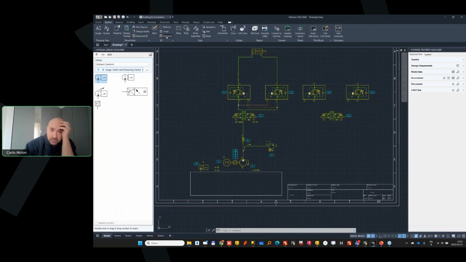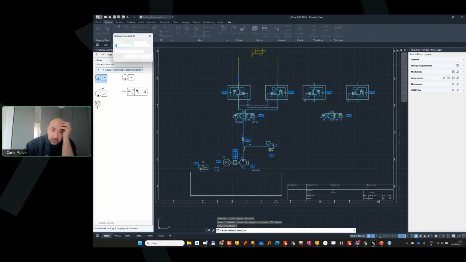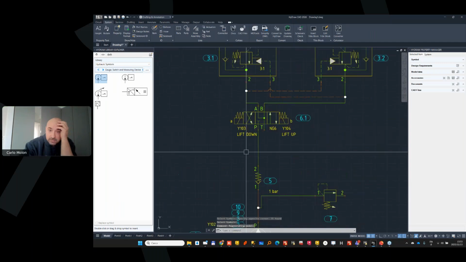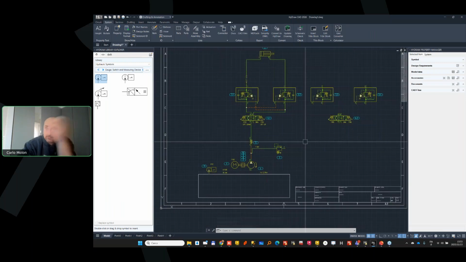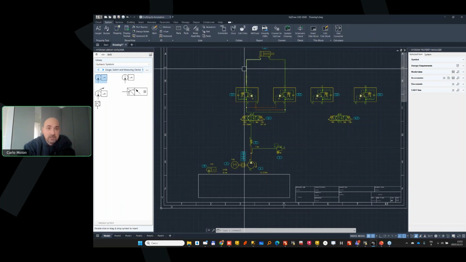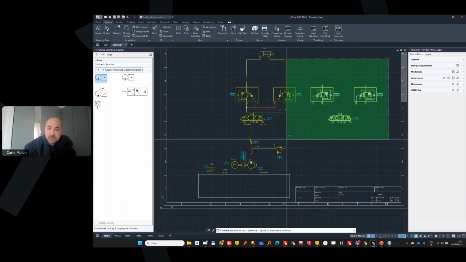So you can run solenoid ID over a selection of symbols. You can say number with a prefix and starting from 101 as an example. So this will renumber all items massively, all solenoid IDs massively. But even the function and actuation chart has been improved heavily. So while doing an actuation chart for a selection of symbols,